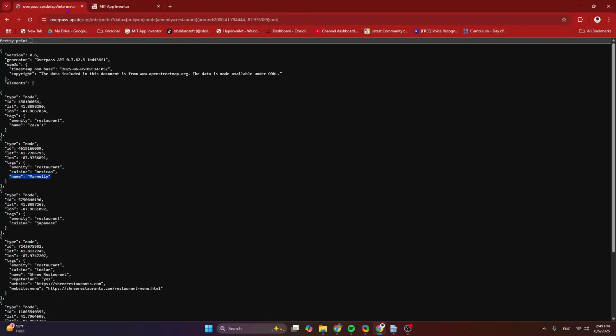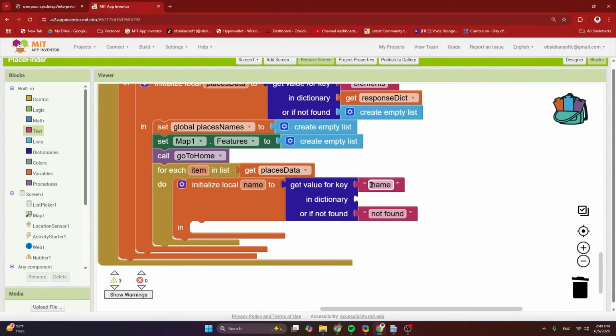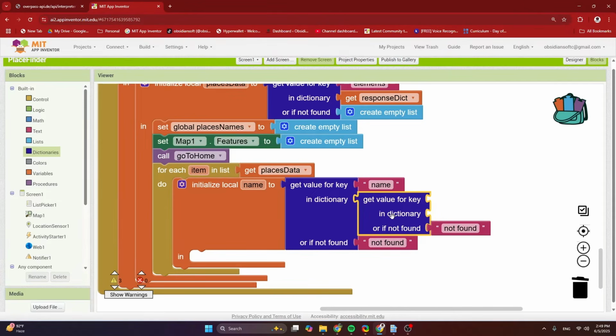I have already done a JSON to dictionary tutorial for you. So if you do not understand what I'm doing here, you can have a look at my tutorial where I have introduced JSON, decoding and dictionary. So here again I need the get value for key, and I can right click, duplicate, and now the spellings are again very important: tags.